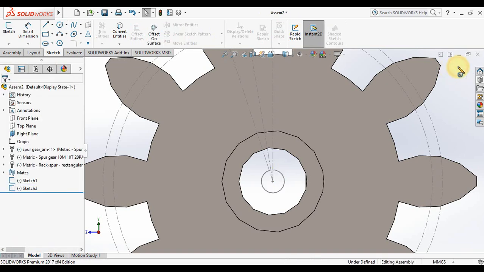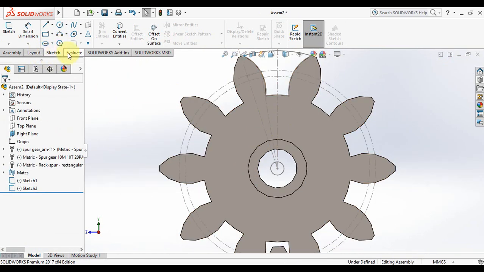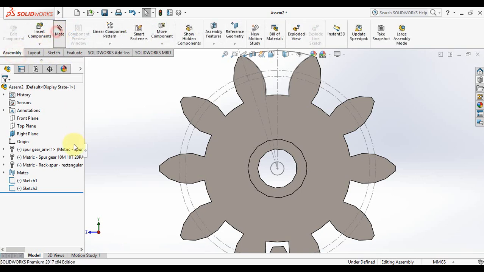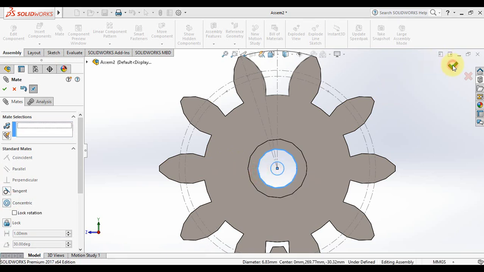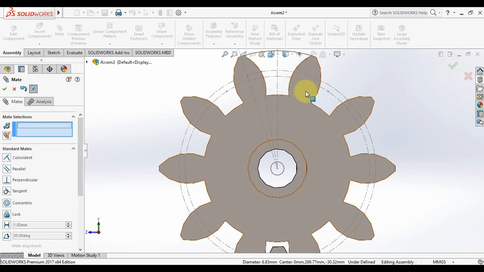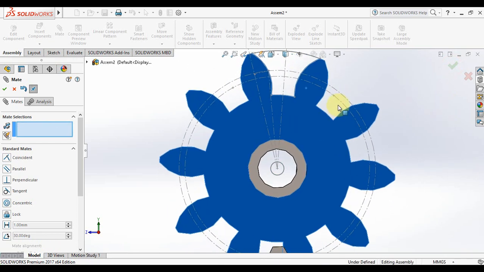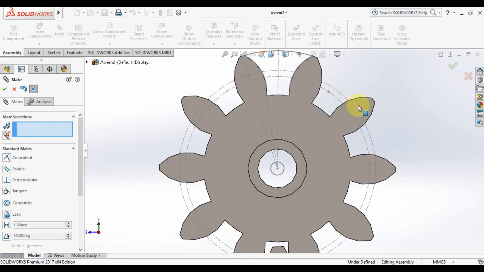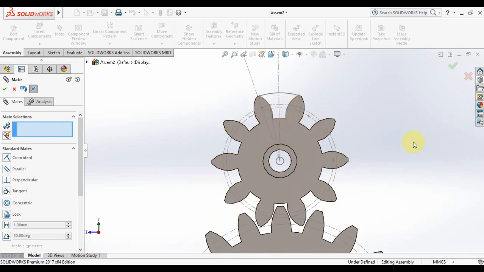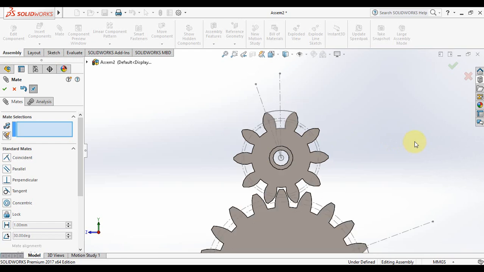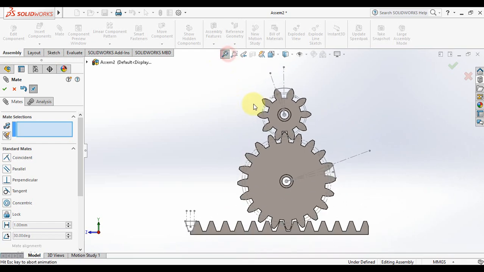I finish my sketch, and then I create the mate to make this thing only rotate, which is concentric. So I go to mate, select concentric. It has to be concentric between this sketch and this circle. I click on the tick, so now it only rotates. And once that I have this properly aligned, let's put it a little bit more here. Once that is properly aligned, I'm going to